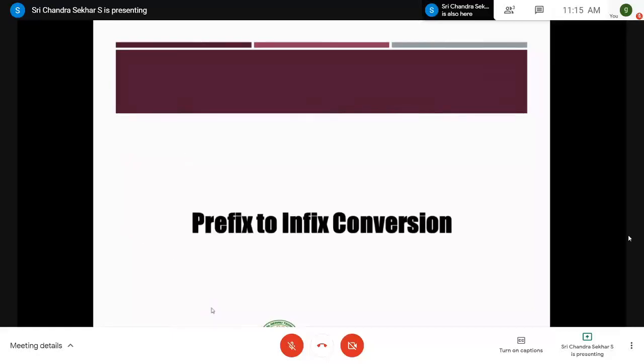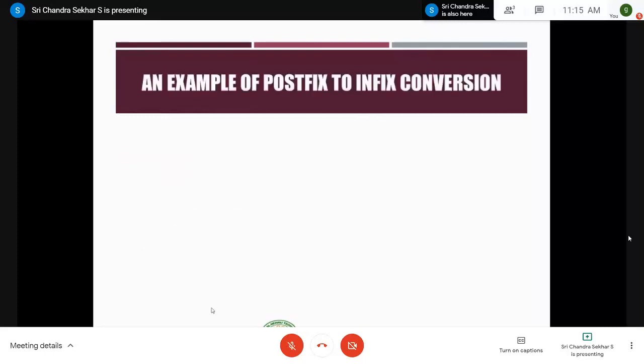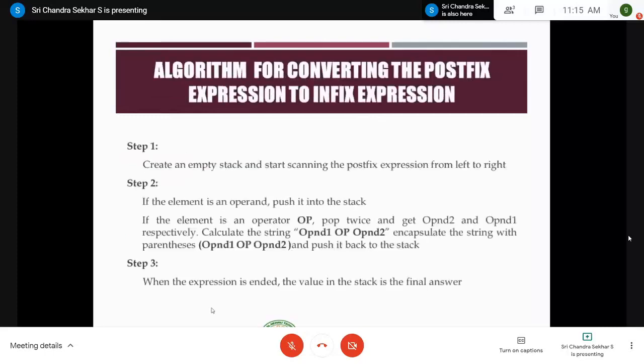Dear students, please remember that whenever you come across the concept of prefix, there is no algorithm for prefix. So whatever algorithm that lies for the postfix expression, you just reverse it and then make use of the existing algorithm. We have seen the concept of how to convert the postfix to infix. So coming to prefix to infix, that means conversion of prefix to infix, you have nothing to do.